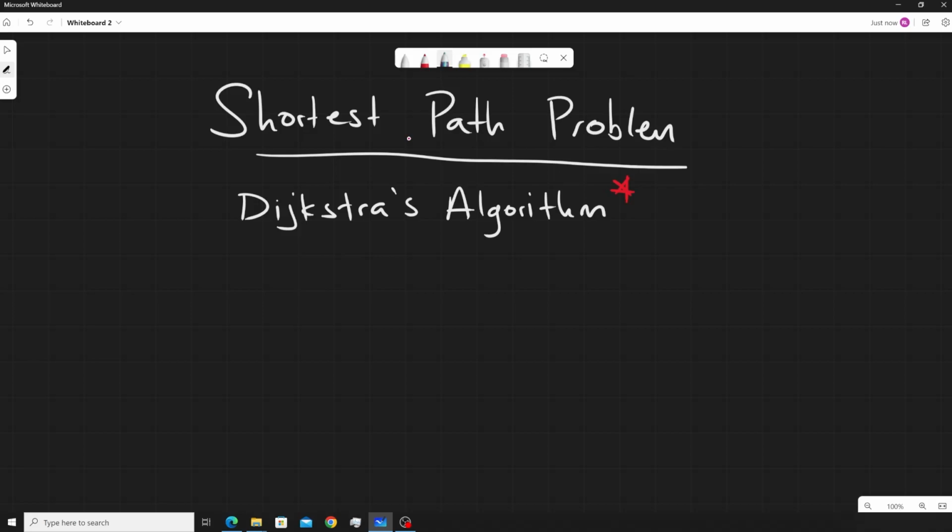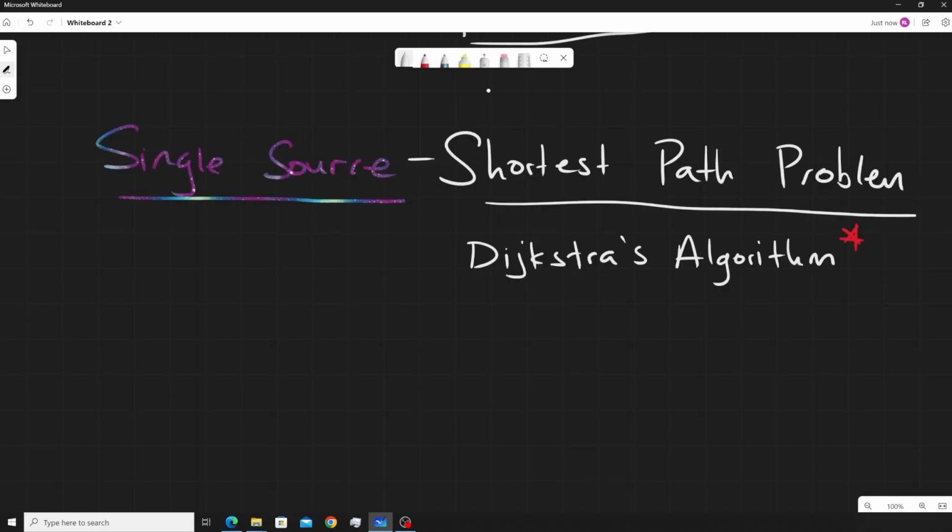What Dijkstra solves is a very special instance of the shortest path problem. What Dijkstra solves is what we call the single source shortest path problem. So there's a variant of the shortest path problem called the single source shortest path problem, which Dijkstra solves. The difference is as follows: if you have an implementation of Dijkstra,